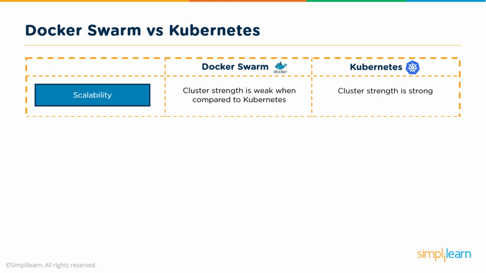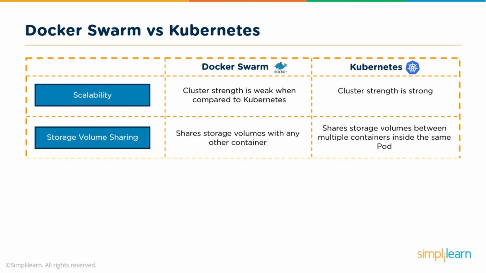I mean, Kubernetes was designed by Google to scale up and support Google Cloud network infrastructure. They both allow you to share storage volumes. With Docker, you can actually do it with any container that is managed by the Docker Swarm, whereas with Kubernetes, it manages the storage with the pods, and a pod can have multiple containers within it, but you can't take it down to the level of the container.